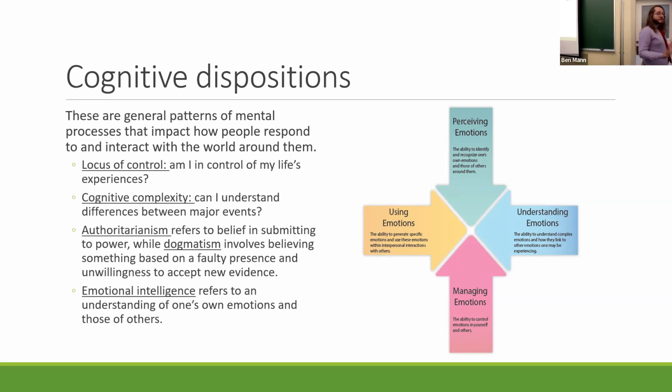One of the issues we see in a lot of political debate and discussion is a challenge in having different viewpoints being talked about if people don't agree on facts and don't agree on information and evidence and what is considered to be factually accurate, et cetera, right? So authoritarianism and dogmatism are very much fixtures that impact how we communicate and how we think about the world.